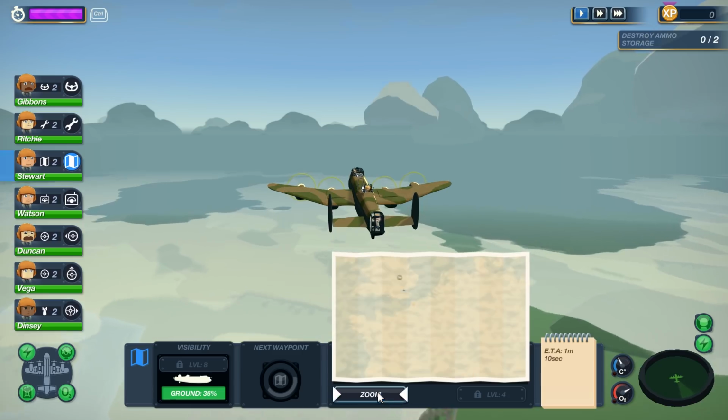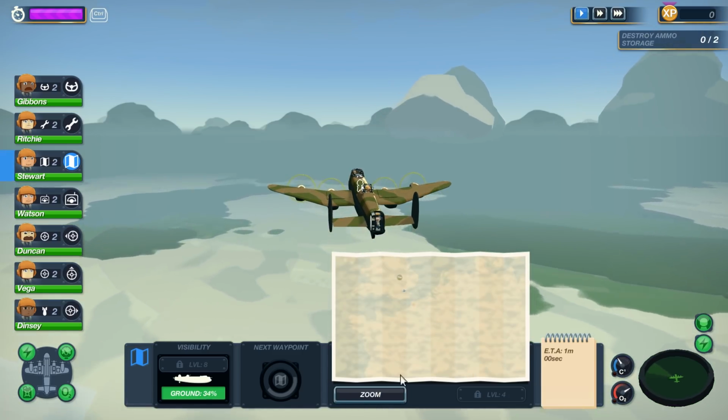So this is our map. This is where we're going. We can zoom. Yes, so here's England, and here's...